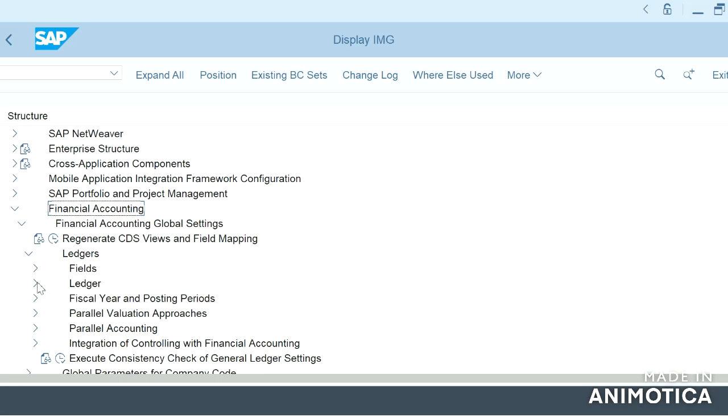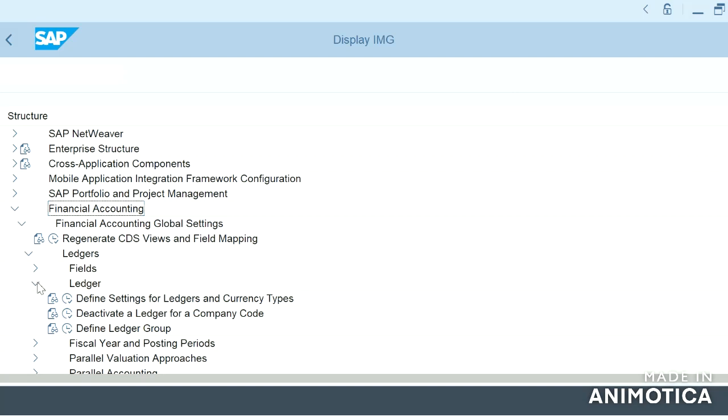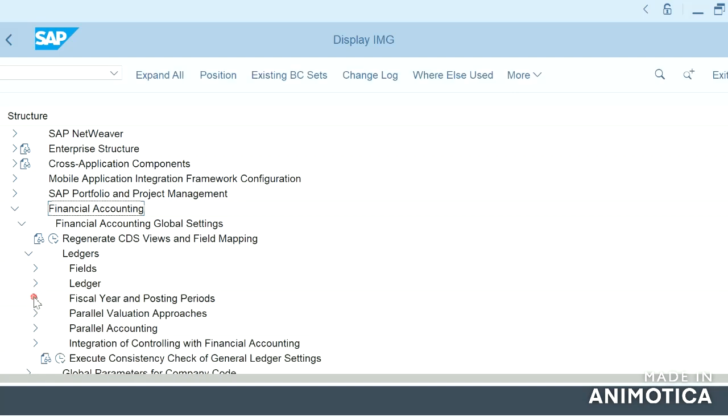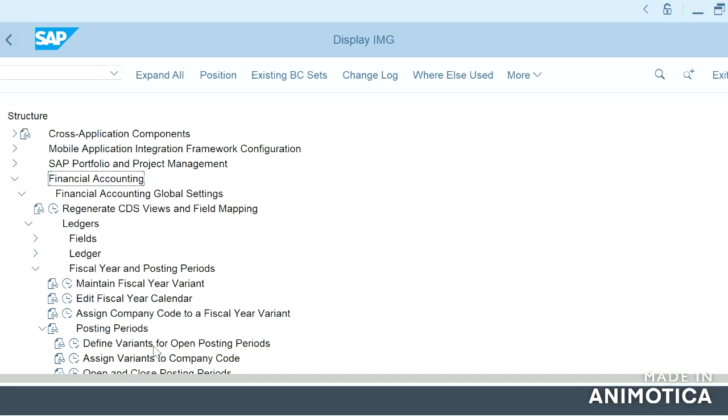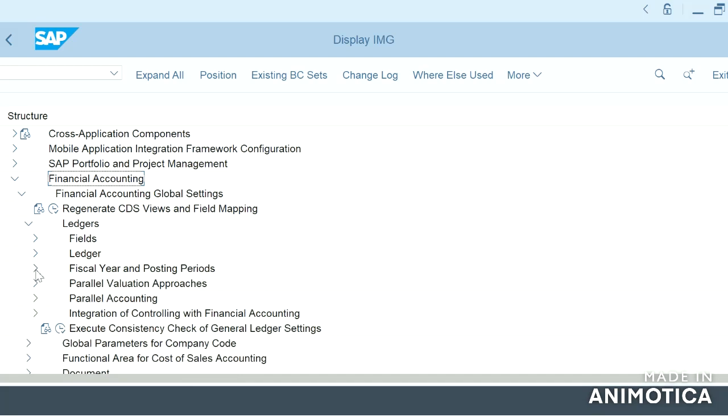Moving on to fiscal year and posting periods, even this we have checked. We have created our fiscal year variant and assigned it to our company code, and we created the posting period and assigned it to the company code, and even opened and closed the posting period. So yesterday we checked all these things. These are all under global settings.